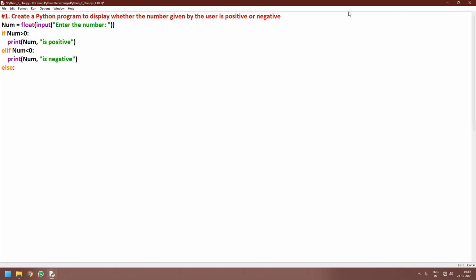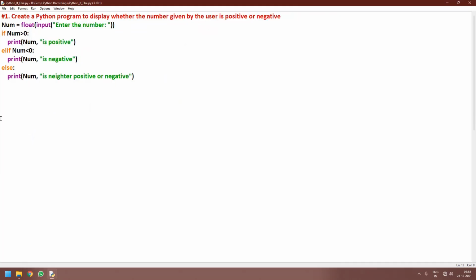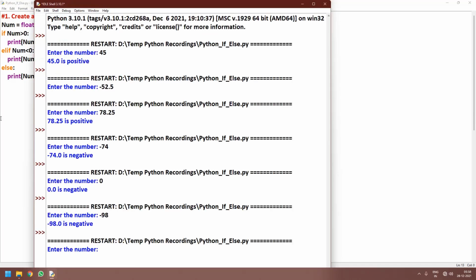So it may say print num is neither positive nor negative. Now I give minus 98, a negative number. If I run this with 0, 0 is neither positive nor negative.